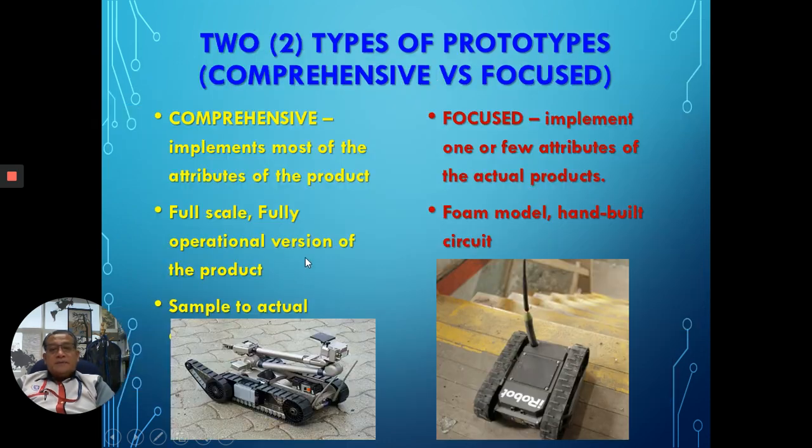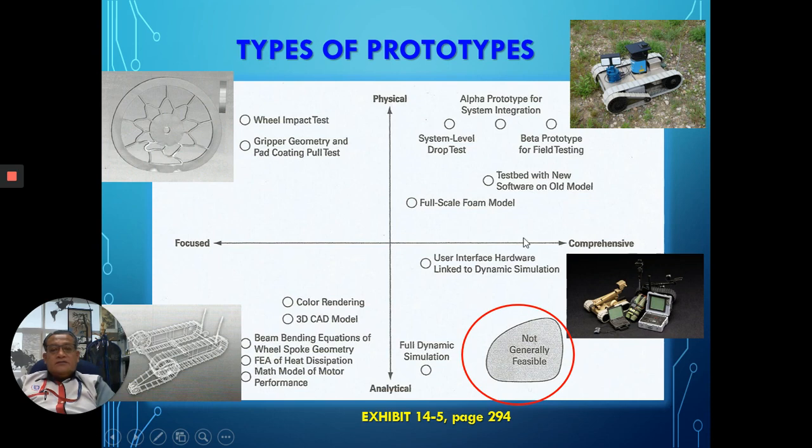So I would say the comprehensive model is the full scale of the actual product, which is at the quadrant somewhere here. If you take a look at the far end of the bottom right, in quadrant 4, at the most maximum area, which is almost fully comprehensive or almost fully analytical, actually this is not achievable in terms of an actual prototype. So this is the maximum capability in terms of a comprehensive prototype. It is almost at the maximum of the analytical model. So here, this quadrant is, I would say, the most ideal product, which normally is not that feasible due to costing, due to material, and due to limitation of time. So I would say